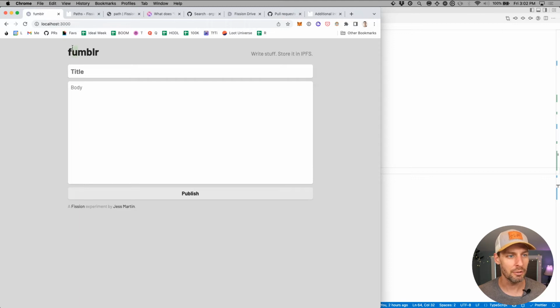I just changed the name, but I haven't merged the pull request from master. We'll get to that in a second. So this little application is a blogging app, like a light blogging app, but decentralized. So when you type a post in here, some post I want everyone to read,